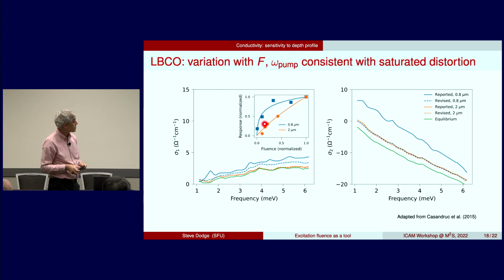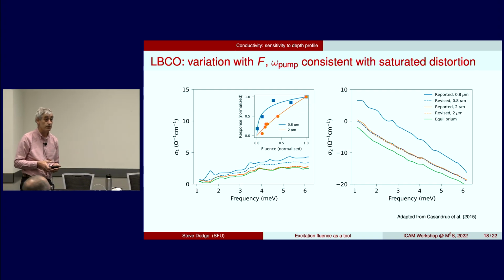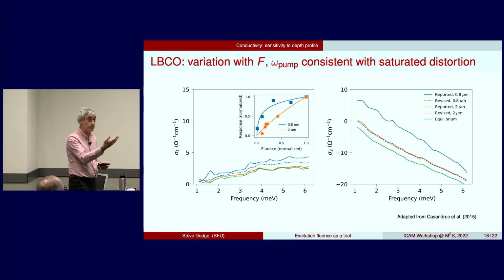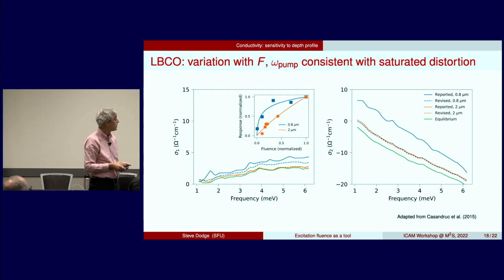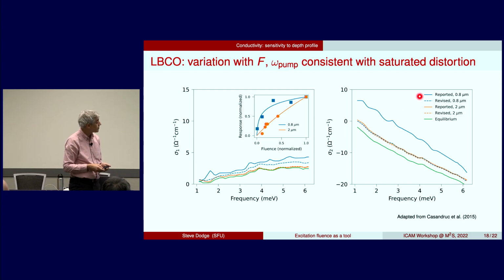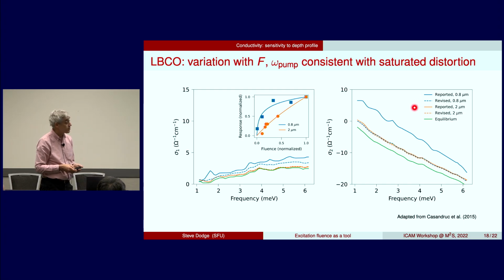You see that the data is quite scattered, but if you draw the expected distorted fluence dependence through those points, then you get that curve. And if you do the same thing for 2 micron pump, then you get that curve. And so the saturation fluence is quite different for these materials. And so if we take the reported values at 0.8 and 2, represented by the solid lines, and then rescale